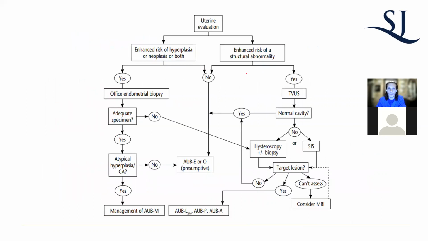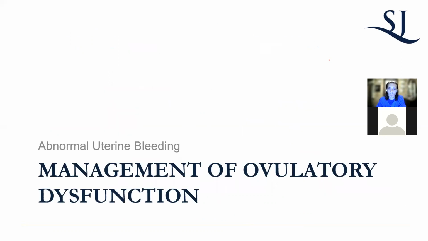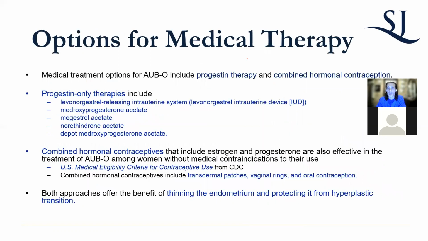This is a flow sheet that OBGYNs love so much, but it basically is what we all spoke about. Managing ovulatory dysfunction is mainly a medical treatment thing. You have to strike that balance. Now, obviously, you have to correct any endocrine abnormality, say there's a thyroid problem, which is usually hypothyroid, or if there's a prolactinoma, what have you.